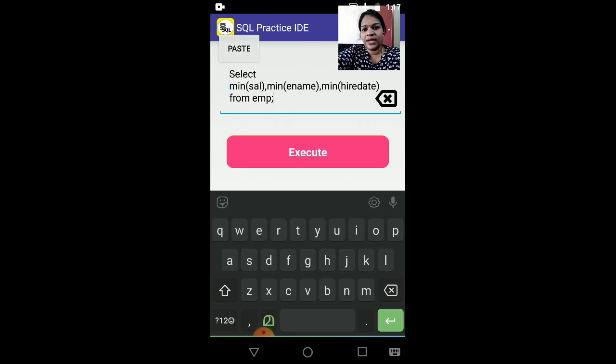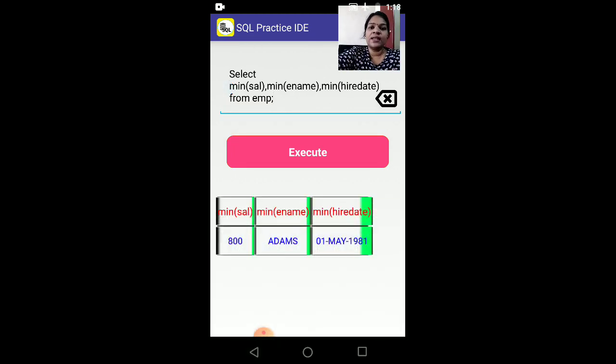When you type that, you can see minimum salary is a numerical value, so it is taken from the numerical values. Minimum of ename is over the names of employees. What will be the minimum of enames? Enames are a group of strings. They will be sorted in alphabetic order and the first one will be considered the minimum and the